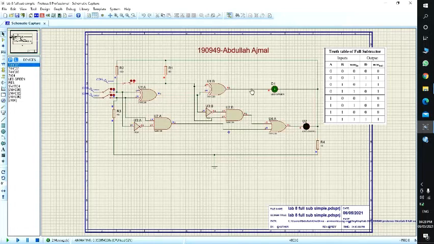As you can see, none of our LEDs are working, so this is some internal issue. So let us skip this part.